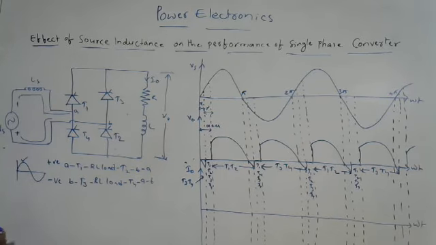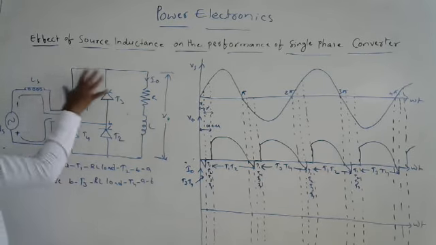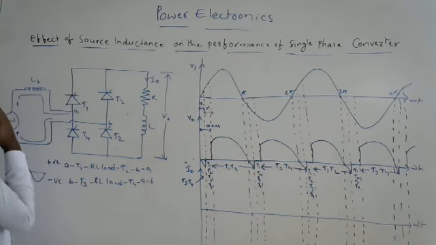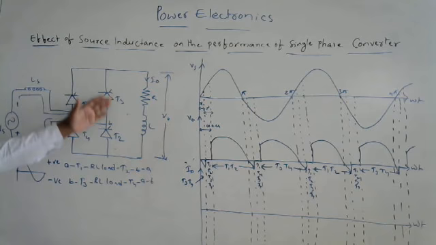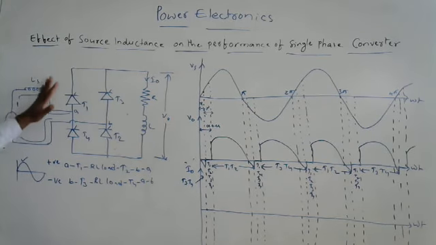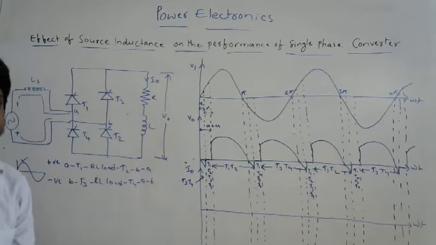source inductance here. So here my question is, listen to the question carefully. If there exists a short circuit in this configuration because of all thyristors conducting, is that short circuit affecting the whole system or not? For that, the answer is, because of placing the LS inductance at the source side, even though there exists a short circuit in this configuration, that doesn't affect the rest of the source, the rest of the part at the source side.